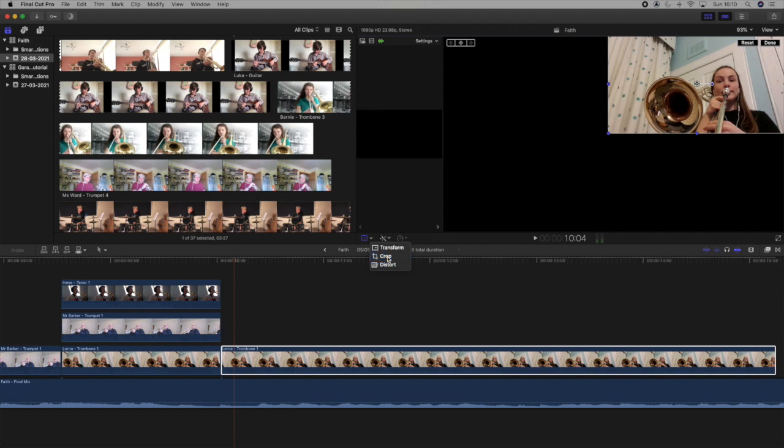I will then go to crop, and I will move this in. It will snap automatically into the center, and the same with this bottom one here, just like that. So it was already there,